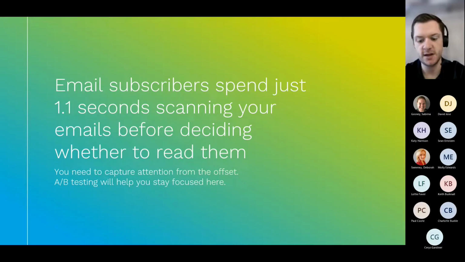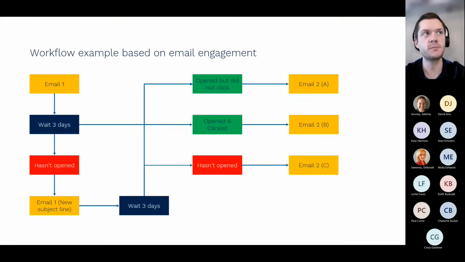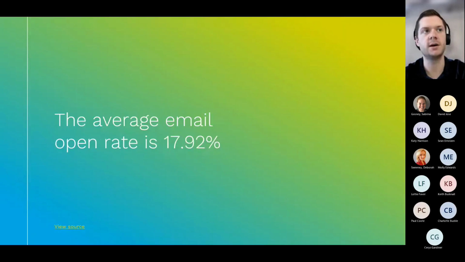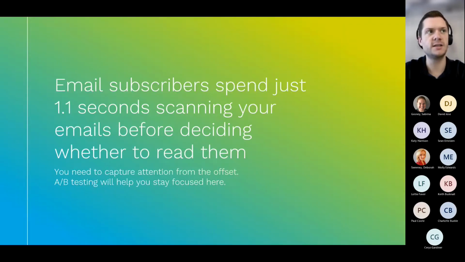Is it short, snappy? Is it going to engage someone? Is it going to get them to click a link? If it's not, let's do multiple variants and let's test it. A/B testing is so important. And it's so important that we stay focused here, especially if we're doing any level of automation, where 1.1 seconds could be the difference between an inquiry at email 9 or a couple of pence wasted to send that email. So it's just important that we consider all these stats.